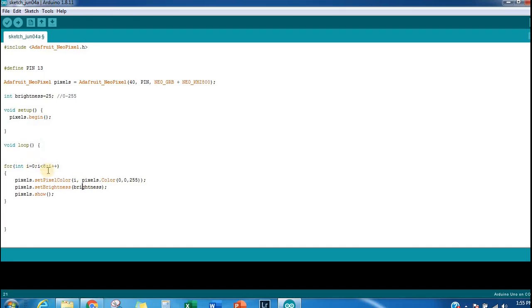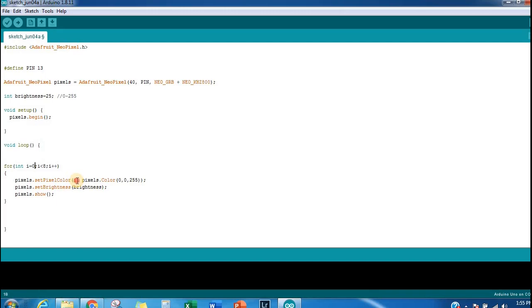If i is 0, we light the 0th or the first LED, and that is why I said in the shield the LED starts with 0. The first LED is addressed as the 0th LED, as in an array, if you have heard previously. That's why it is easy to start with 0.